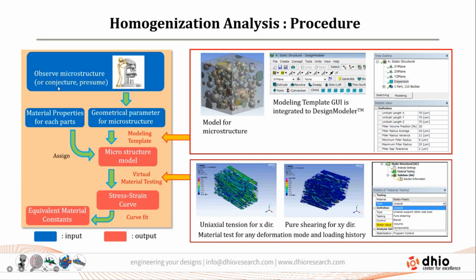So once we have put in all the input parameters, we can perform the microstructural virtual material testing in order to get a stress strain curve or electromagnetic properties as such. This is the graphical environment in ANSYS, where you can see a lot of microstructural templates and some geometrical parameters which you can vary in order to construct the microstructural models. And this is the window where you can perform different analyses. I will be showing that in the next